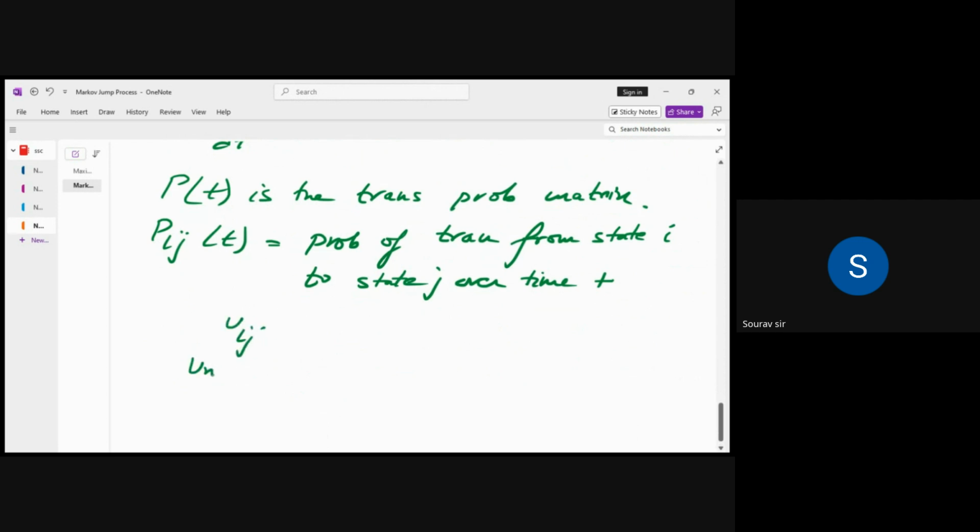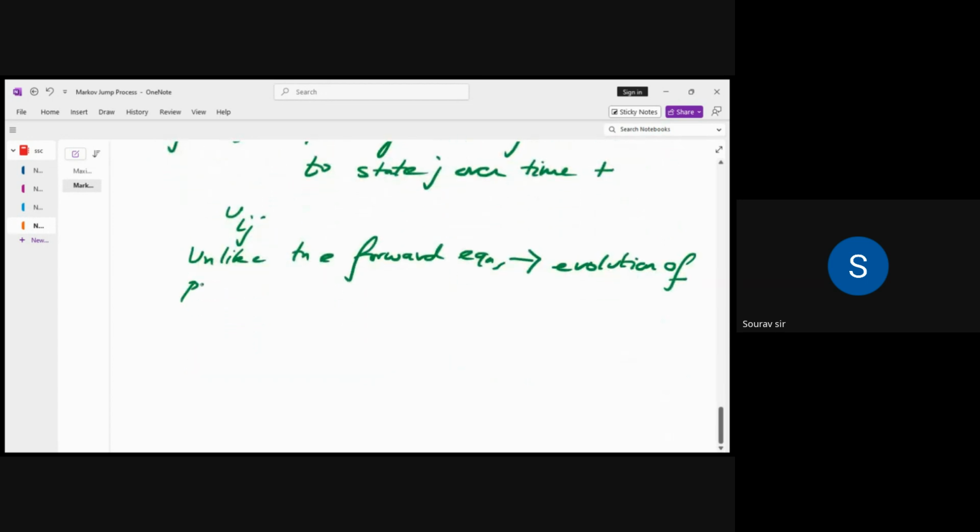But you have to remember that, unlike the forward equation, which describes the evolution of probabilities from the initial state forward in time,